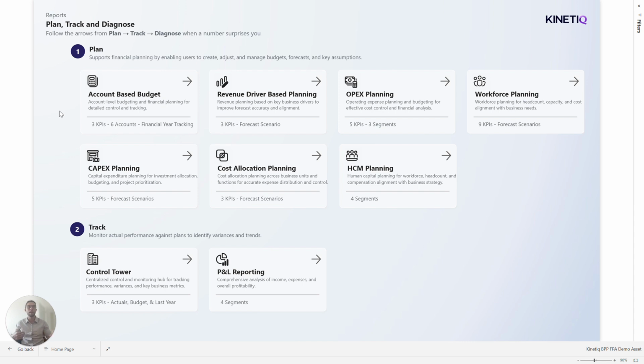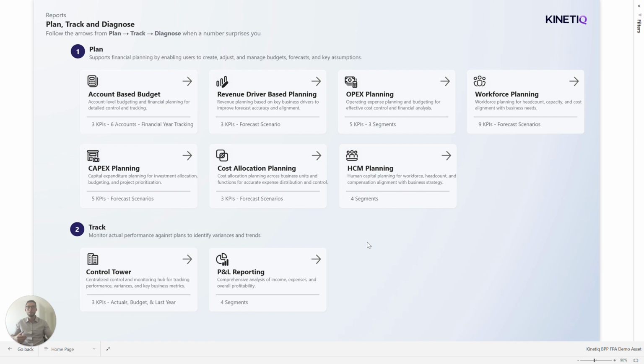prior year's data. And then we'll start to go into the various different financial forecasting processes around things like revenue driver-based planning, where you are using operational drivers to drive your revenue and costs for your gross profit calculations, operating expense planning for all the operating expenses within your organization, workforce planning for your HR-related planning, as well as headcount management-related planning, capital expenditure planning for various different projects your organization is looking to take on, allocation planning, as well as the ability to have holistic and flexible reporting around your profit and loss statement for cash flow and profitability